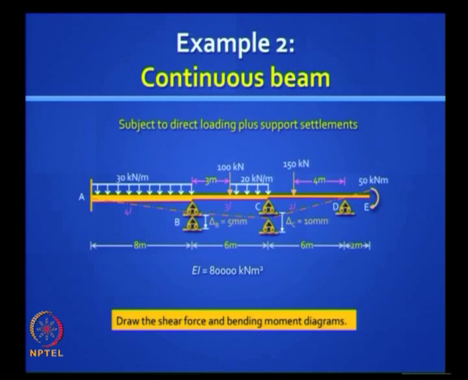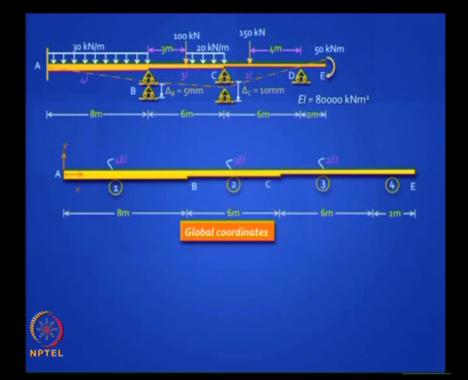Okay, so how many global coordinates do you think this structure has? We are not going to take any shortcuts here. The shortcuts of removing the overhang and all that we do in the reduced stiffness method. In the conventional stiffness method we do it the way software does it, the full method. So how many active degrees of freedom are there? Active? 5. And restraint? 5, right.